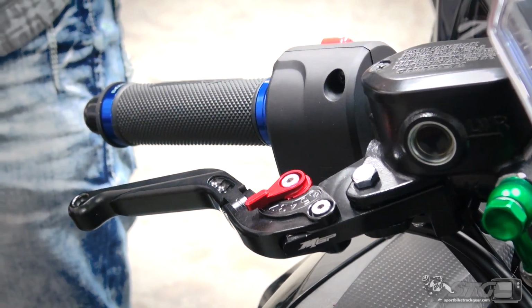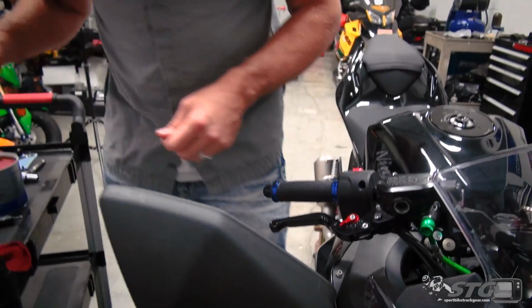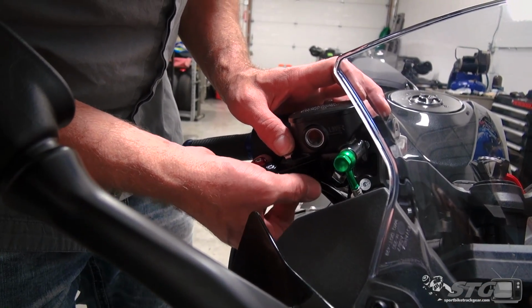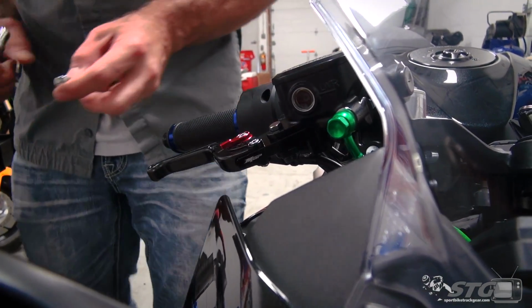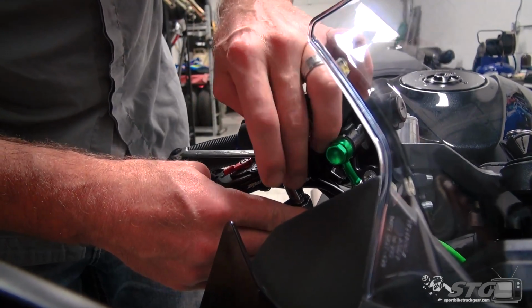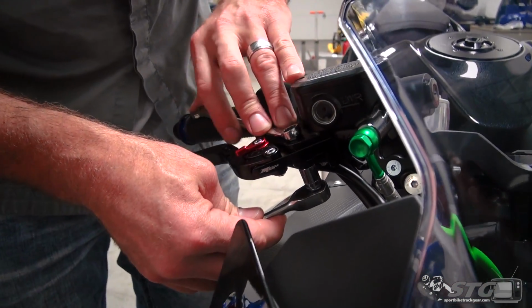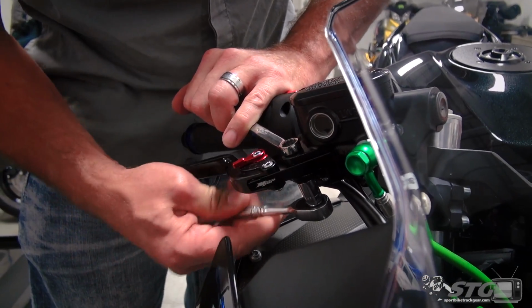Get our ratchet back, and I do also have a wrench here that we're going to use to hold the pivot bolt as we torque down the lock nut. So we'll get that started. This is a pretty easy job. I think most riders are going to be able to get this done without too much complication. Okay, and once I've got that to bite, hold the pivot bolt, and then tighten up that little lock nut down here,